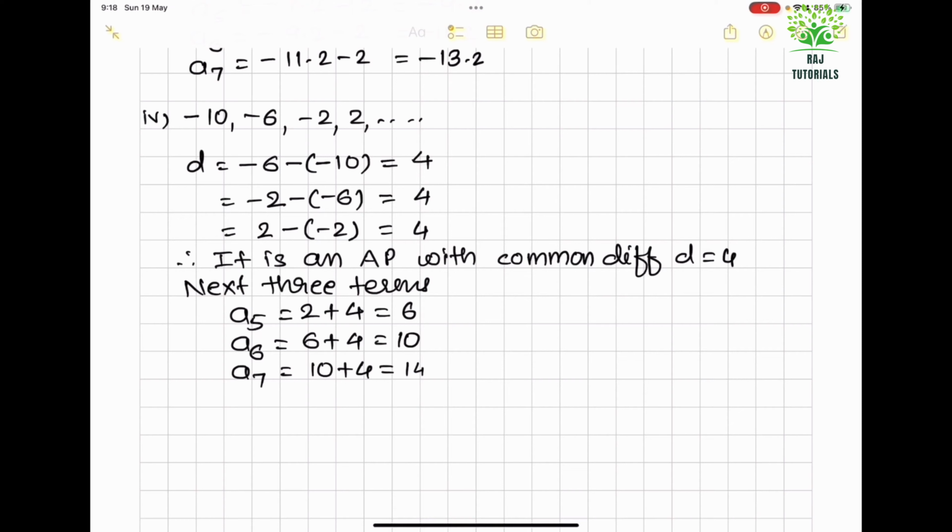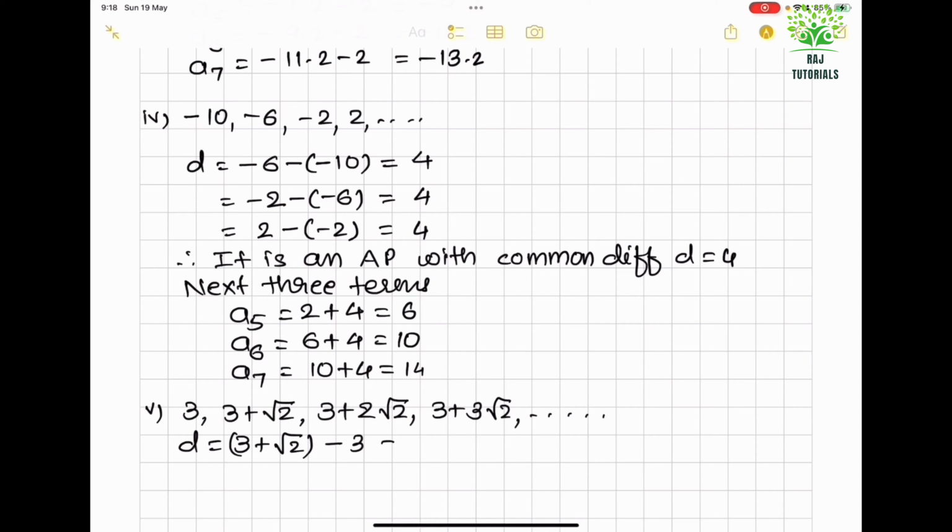Then fifth one, it says 3, 3 plus root 2, 3 plus 2 root 2, 3 plus 3 root 2, and so on. So D equal to 3 plus root 2 minus 3, that is root 2,